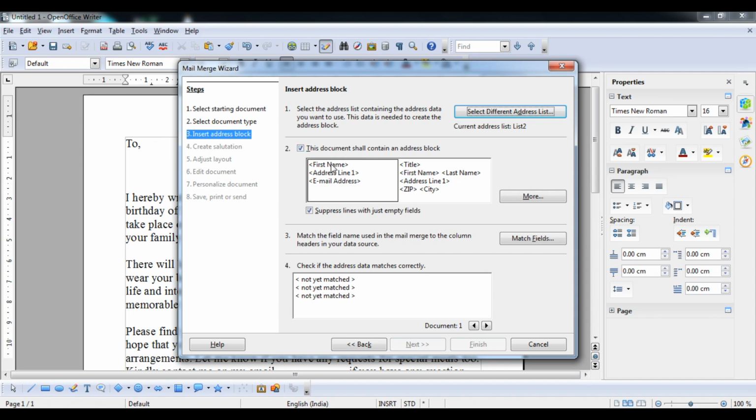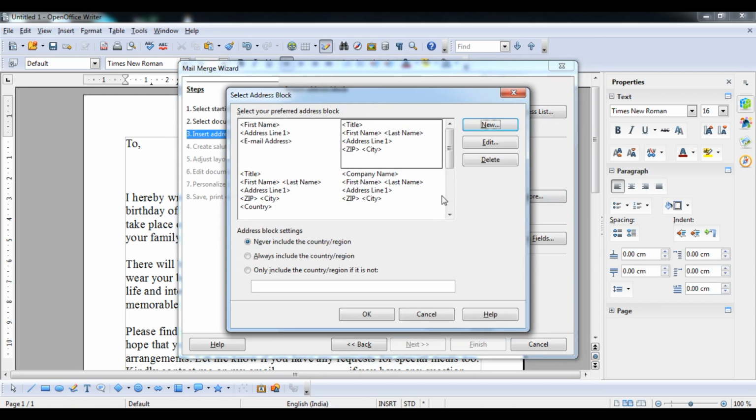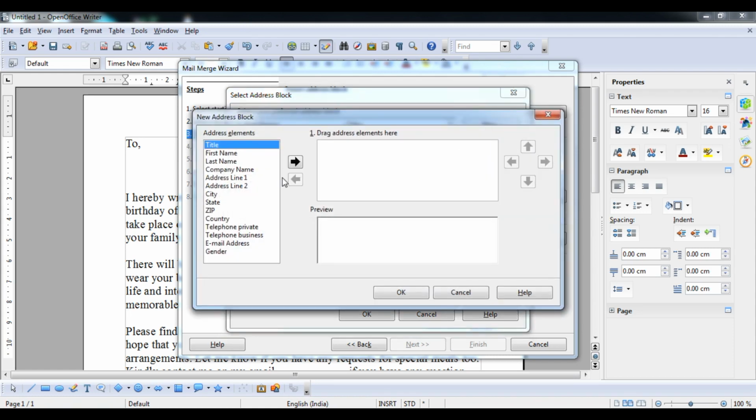So now student, it will allow me to arrange the block, okay. So we need to just see which one is according to us. If you don't want, you have to just click. If you want to create your own, click on this. So already there are a number of formats available here. So what we have to do, student, click on new option, and after that you can click